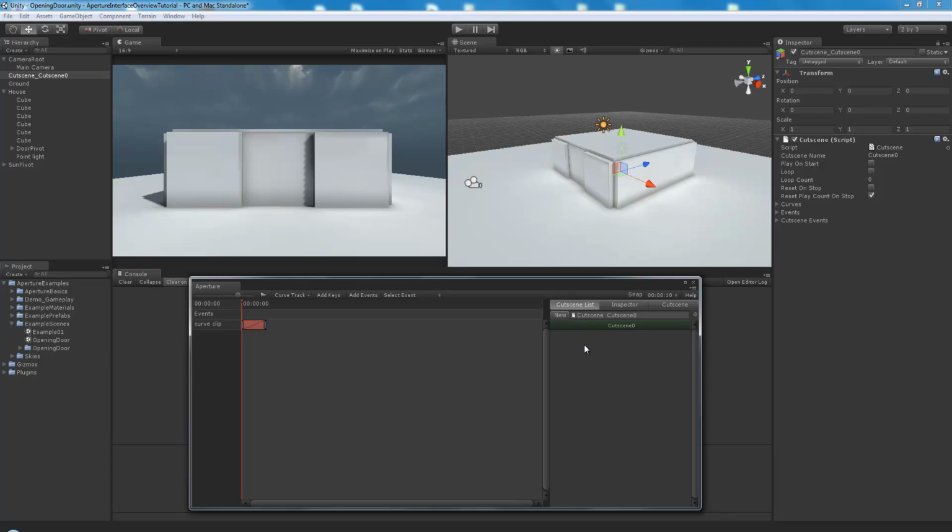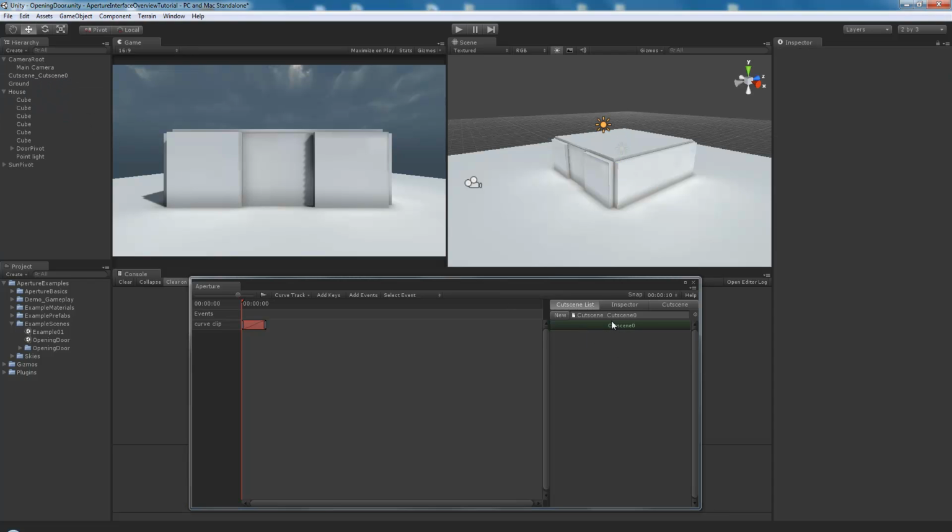and there's a list of cutscenes here. So you can create a bunch of different cutscenes. You can delete them by deleting the game objects. So to rename the cutscene, you go to the Cutscene tab and type in a new name. So this will be called